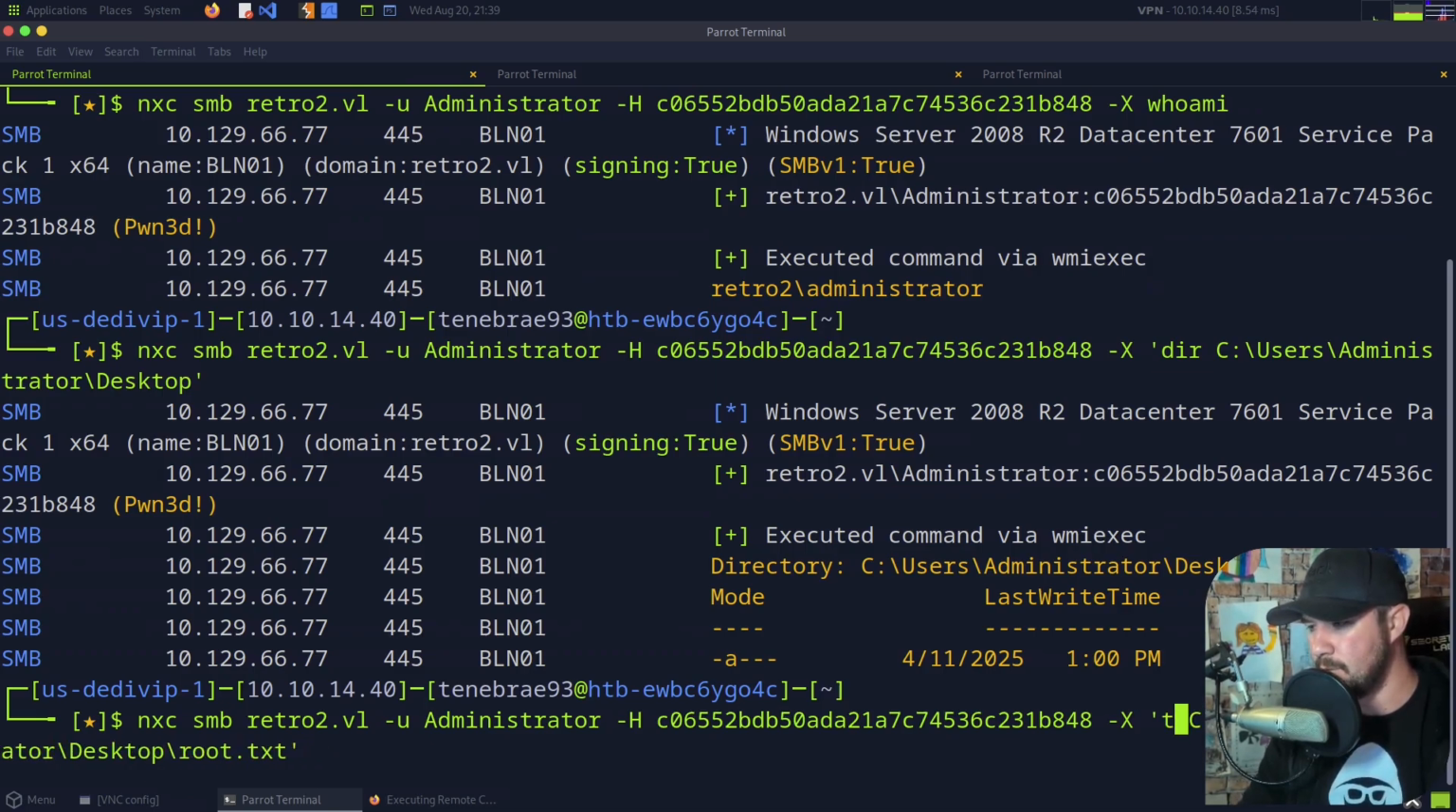We'll do type because it's a Windows machine. And I apologize, I'm not going to show you guys the flag. I've shown you everything you need to do to get to that point. I'm going to stop sharing my screen, see if that gives me the flag, and it does give you the